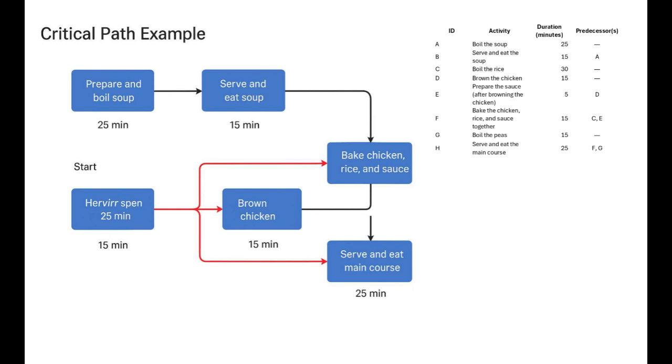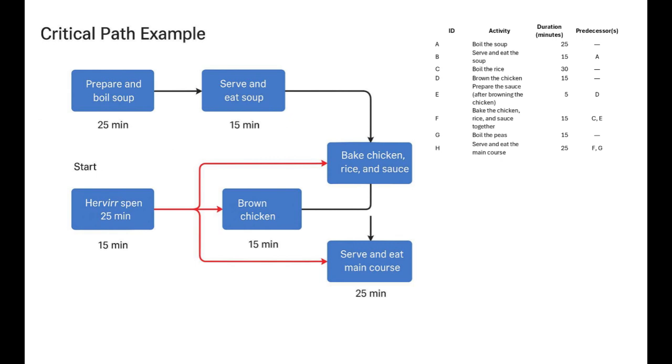Hi everyone. For this discussion, I created a critical path method diagram for my dinner project. The menu includes soup and a baked chicken entree with rice and peas. In my CPM diagram, I placed the start node on the left and added all the cooking and serving steps